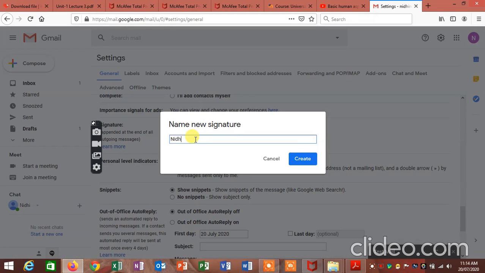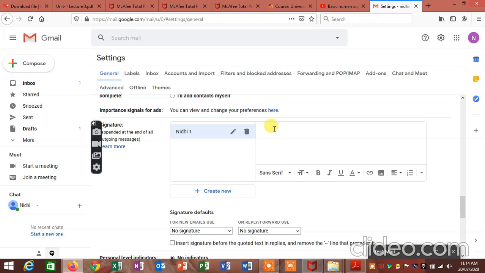तो ये हमारा पहला सिग्नेचर है, इसलिए हम उसे एक नाम देते हैं. We can add multiple signatures, that is why name is necessary. So once I add this signature, now here I will write the text. So this is how you can write the text which you want to add.